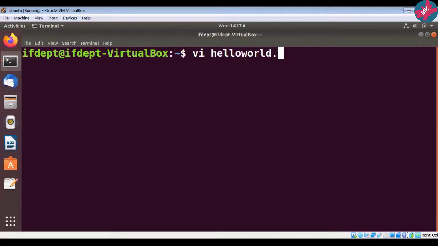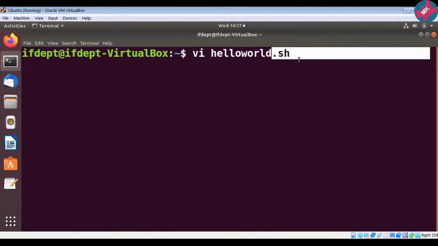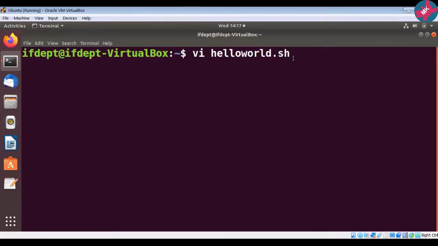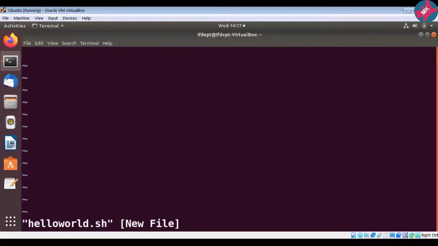And remember, first you have to give the extension .sh. If you fail to give this, your shell script file will not be executed. So just press enter. Now see here, we are in command mode. So I will go to my input mode by pressing I, and then I will type my first line,